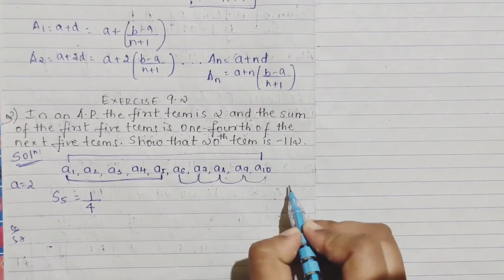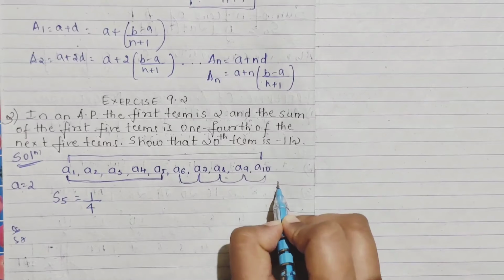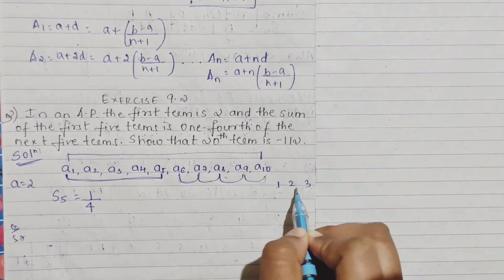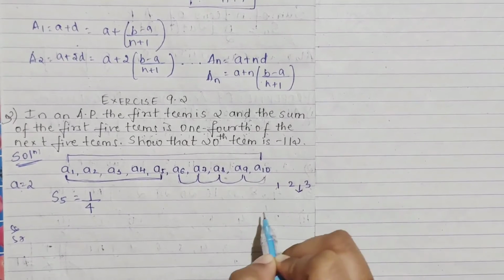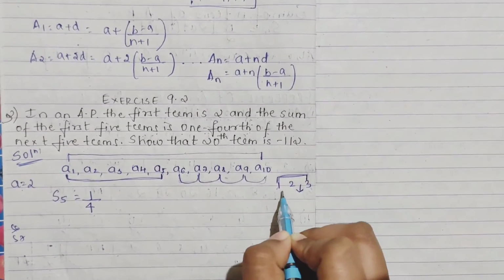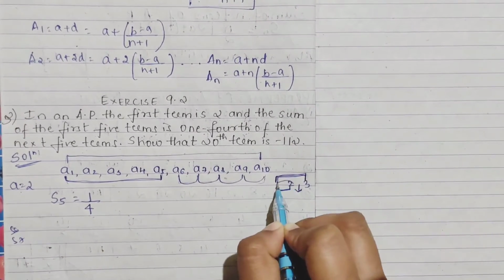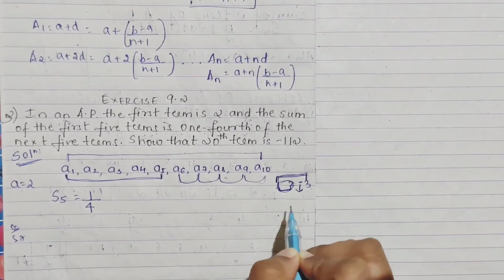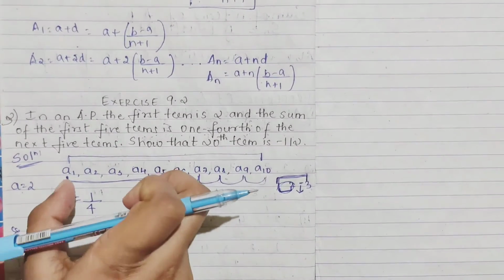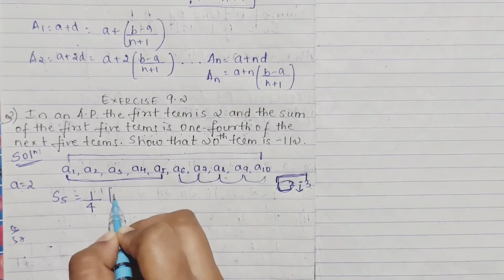If you have 1, you have 2, and here you have 3, so in between you have to find out. First you will add this, because you know this, and then you will subtract from this number. So what is the remaining? You get it, right? In the same way, the first 10 terms subtracting your first 5 terms, you get the remaining 5 terms. So how will we write?